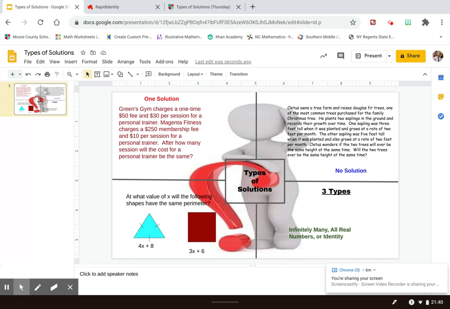Now let's look at our third example. The third example says, at what value of x will the following shapes have the same perimeter? If you look at the triangle, it is an equilateral triangle. Just by way of remembrance, when those lines are through each side, it means those sides are congruent. So if one side is 4x plus 8, all sides have to be 4x plus 8. The other shape is a square, which is 3x plus 6. We should know that a square has sides that are all equal or all the same. Okay? So when we come over here,